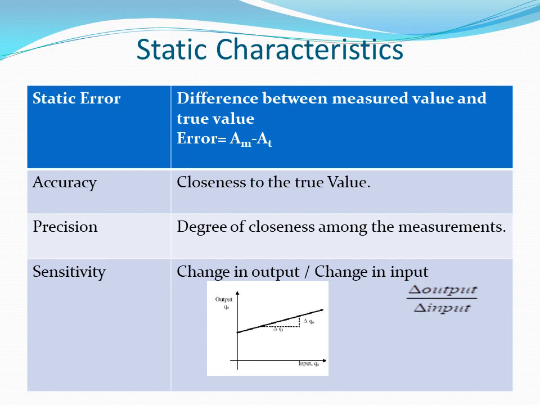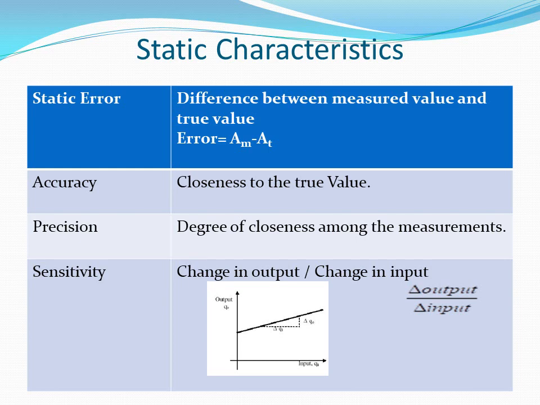So we have, say, an example. We'll take it like this. I'm having a weight of 1 kg of apple. Okay, I'm having 1 kg of apple and I'm measuring it. The true value is 1 kg, whereas my weighing equipment is showing 900 grams. Okay, so here our error is 900 grams, which is the measured value, 900 minus 1000. So it is minus 100 grams. So minus 100 is the error here, which is present in the measuring instrument.